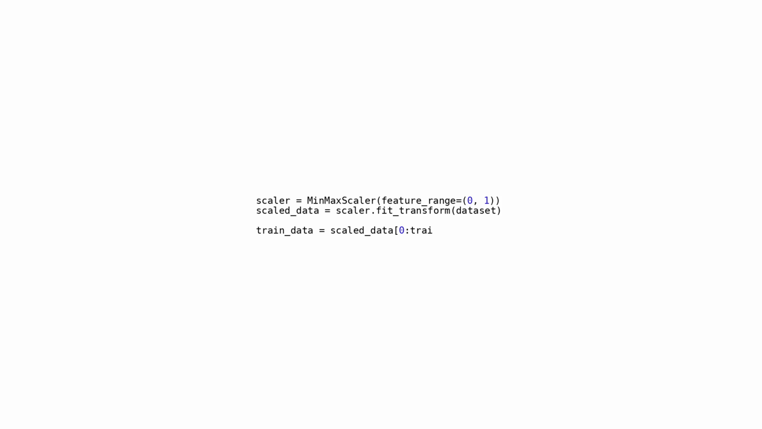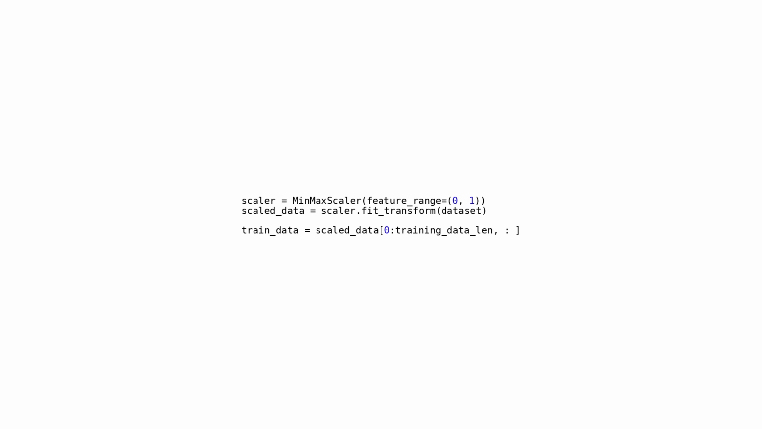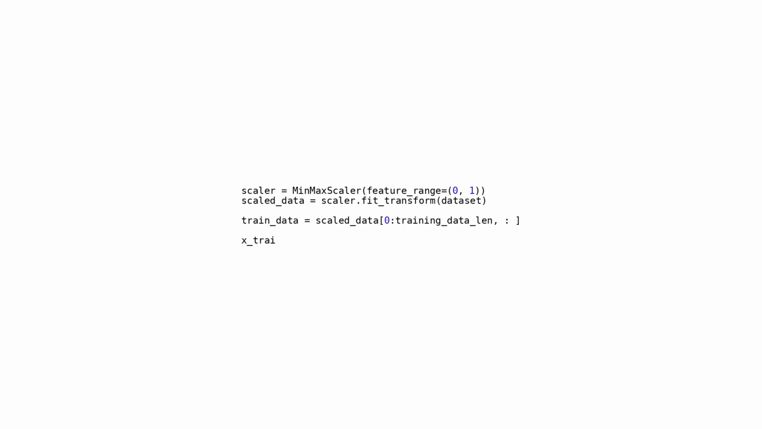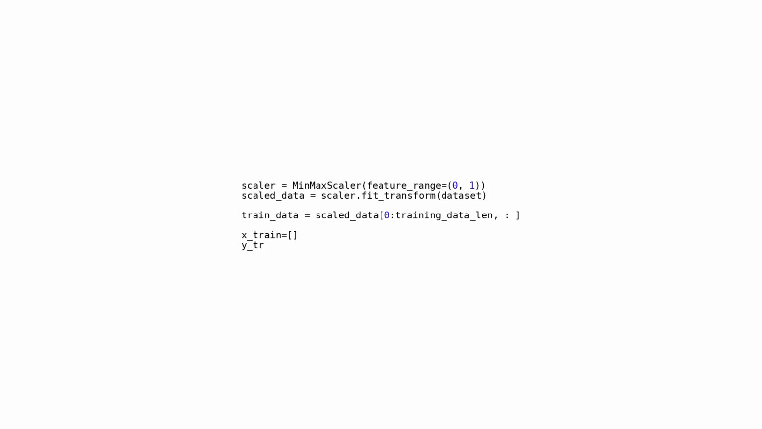The steps involved are: 1. Using a min-max scaler for data normalization. 2. Applying the scaler to transform the dataset, scaling the data between 0 and 1. 3. Selecting the training data from the scaled dataset. 4. Initializing lists x_train and y_train to store input sequences and output values. 5. Iterating over the training data from index 60 to create input-output pairs for training. The input features, x_train, consist of the previous 60 data points, while the output label, y_train, is the next data